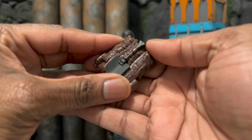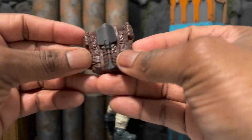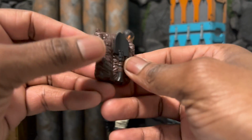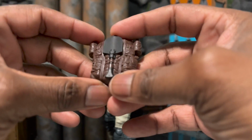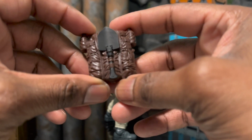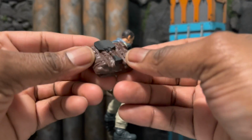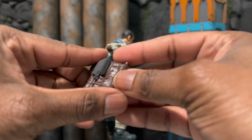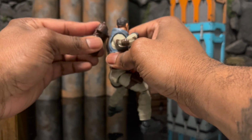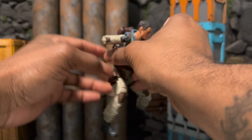We'll get our backpack. Now, the cool thing about the backpack is I see we have some water bottles, we have extra pouches, we have a shovel. Now, what's crazy is that I don't see a parachute here. So I'm going to attempt to make one. You'll see that in the photos, but I would have loved if they would have included an extra parachute accessory, especially because